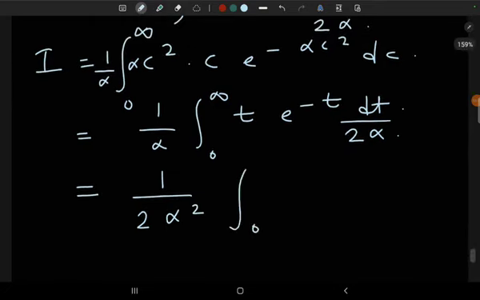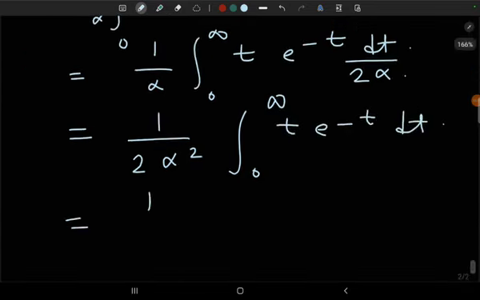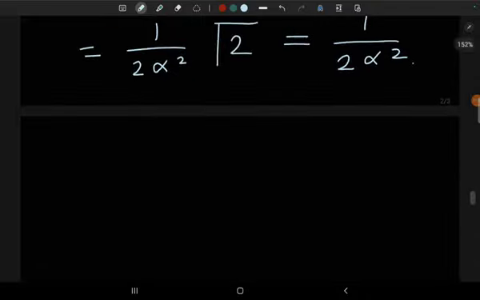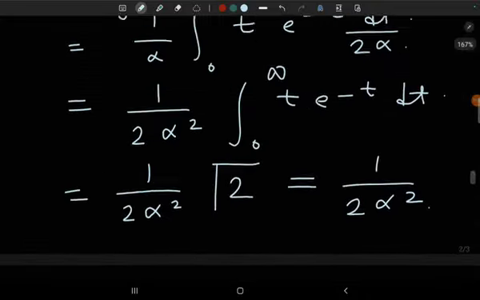We had the integral from 0 to infinity of t e to the power minus t dt. Alpha was a constant depending on temperature, so temperature was constant, and t to the power minus t, we know that this is actually the gamma of 2, and gamma of 2 was 1 factorial, and 1 factorial was 1, so this is 1 by 2 alpha squared, and the average c now turns out to be